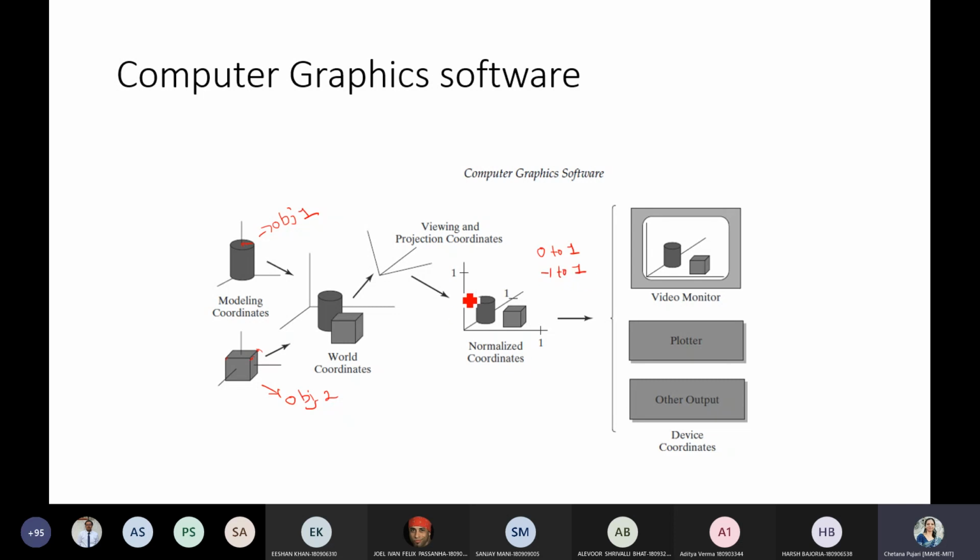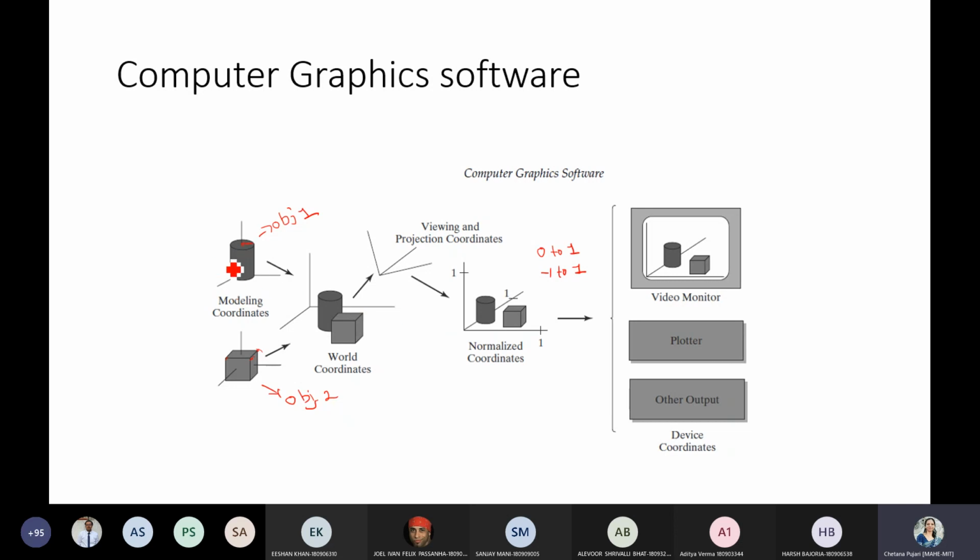We are going to normalize the coordinate values to 0 to 1. In this case, we are normalizing it to 0 to 1, or you can normalize it to -1 to 1. So that is done. Once this is done, next you are going to give this device coordinate. Whatever coordinate in this normalized form is there is given to your device, and with respect to what type of display mechanism is used, the particular intensity value of each pixel is then plotted and displayed onto your display screen. So this is our display screen, right?